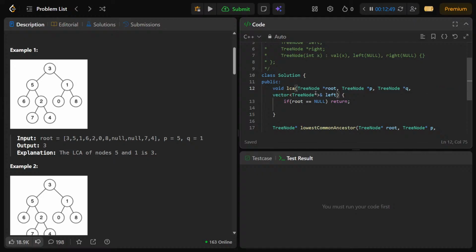We want the changes to be done in real time. So if root dot val is equal to p dot val or root dot val is equal to q dot val,